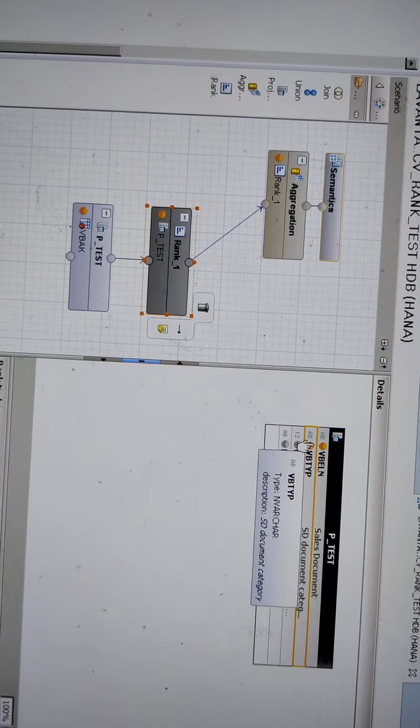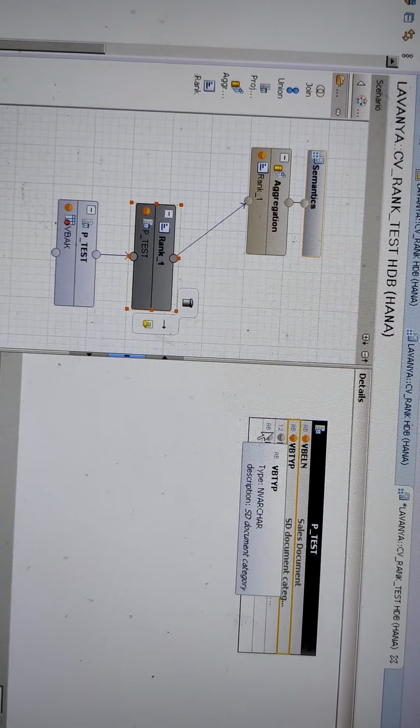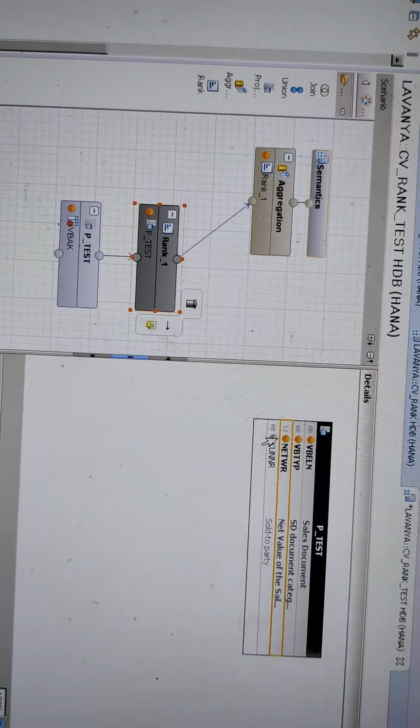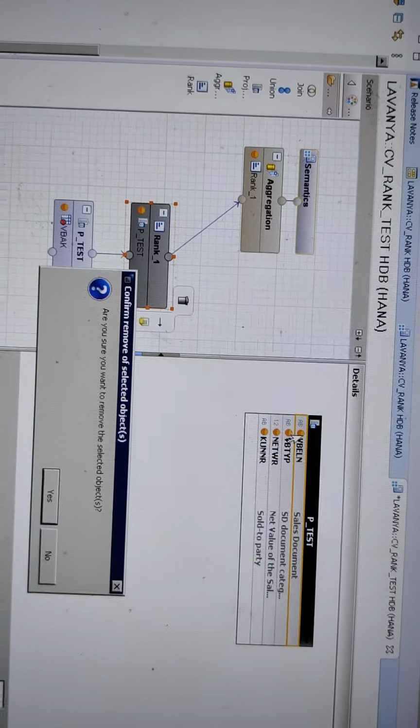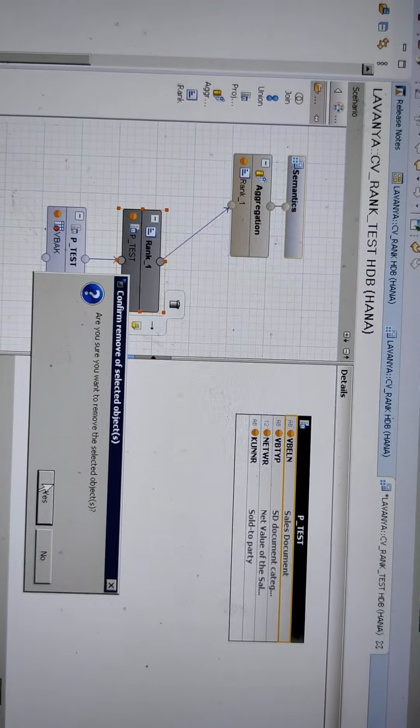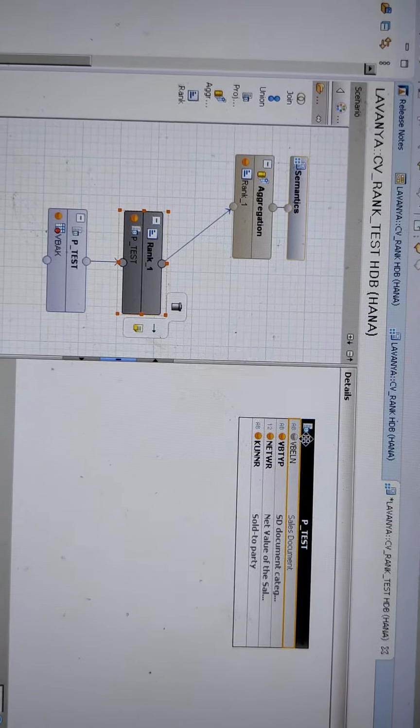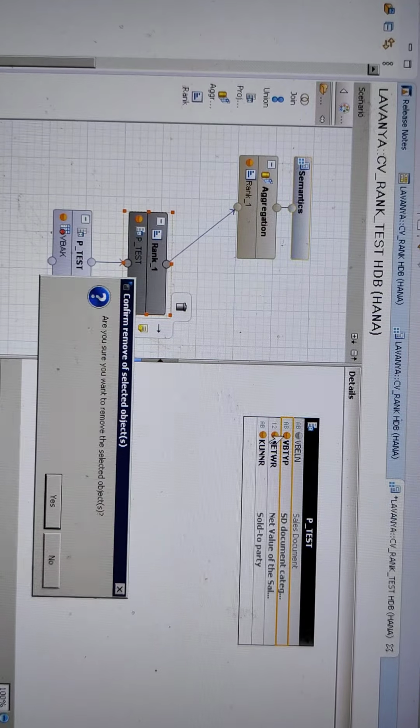No, here the question comes. If you select VBELN and VBTYP, the rank gets complicated, it gets destroyed. So don't select these two attributes, because when we selected them, it was not doing the correct ranking. So whatever columns we want to see, only those we have been doing.